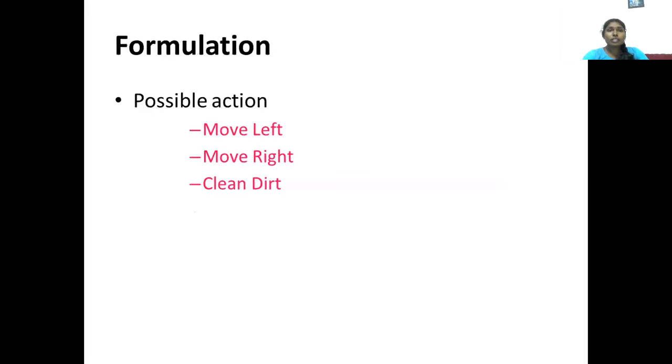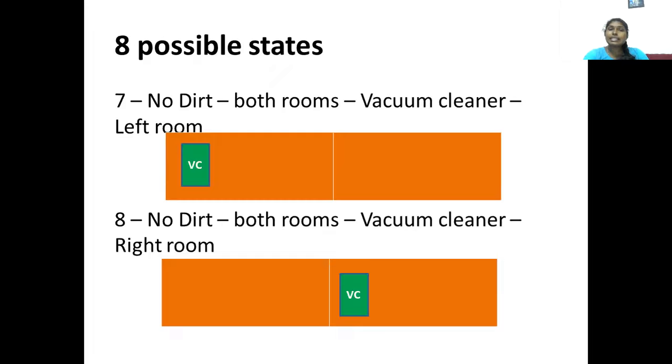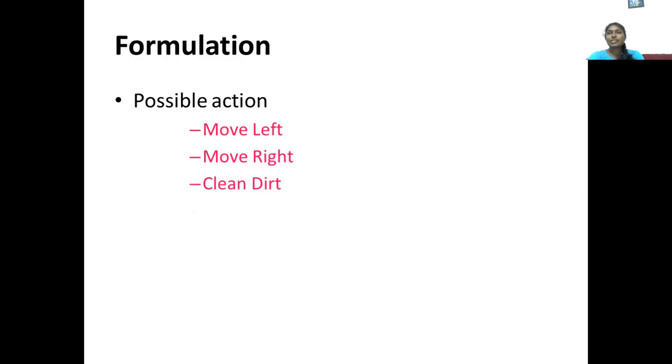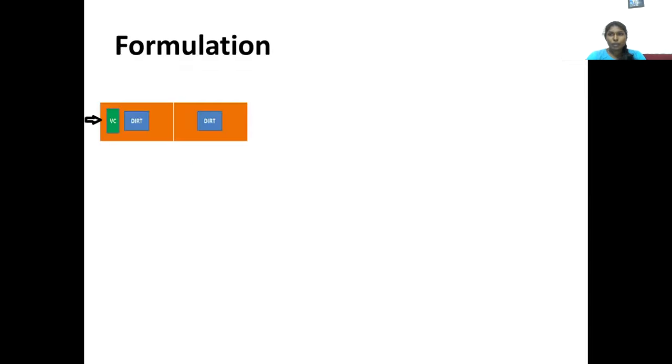Okay. So now we have understood the problem and we know how to represent the problem. The next step is formulating the problem: what are the different possible actions performed, and how are you going to formulate the given problem? The actions are always performed by the agent, and the agent here is a vacuum cleaner. Our agent can move left or right, or it can clean the dirt. So 3 possible actions are performed by our agent at a time, and you're going to find a formulation.